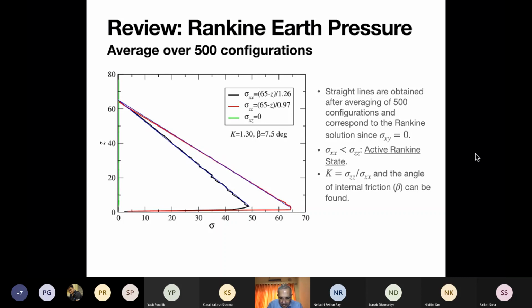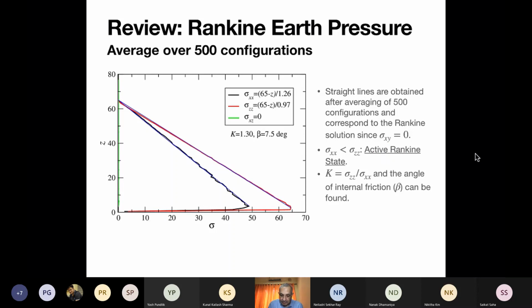Over here, the red line is sigma ZZ, which is in the gravity direction, and the black line is the stress in the horizontal direction. And sigma XZ, which is the green line, is the shear stress, and it is 0. So what this means is that sigma XX and sigma ZZ are the principal normal stresses, and sigma ZZ is larger than sigma XX. So this is sigma max and this is sigma min, and this corresponds to an active state,